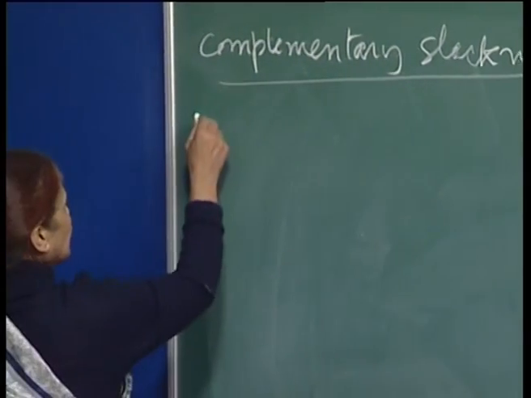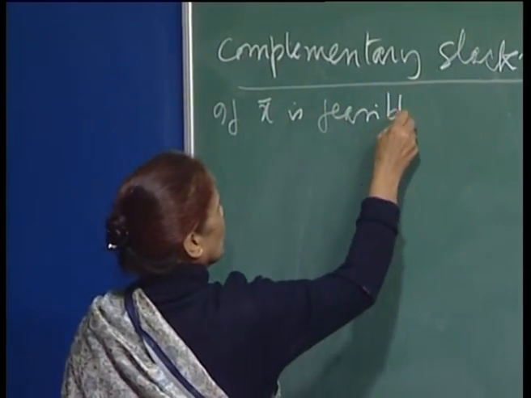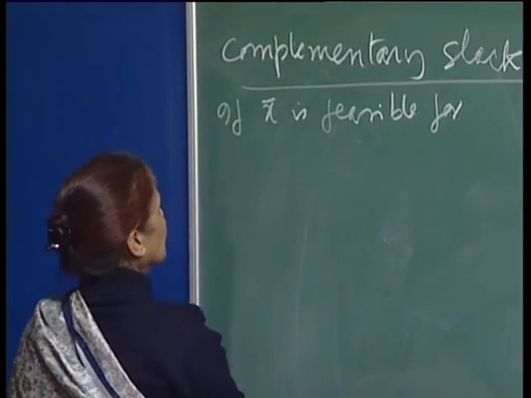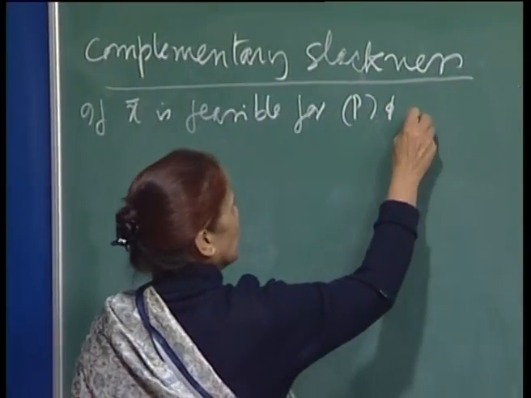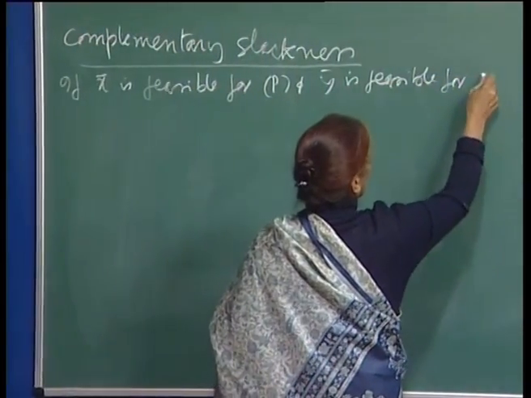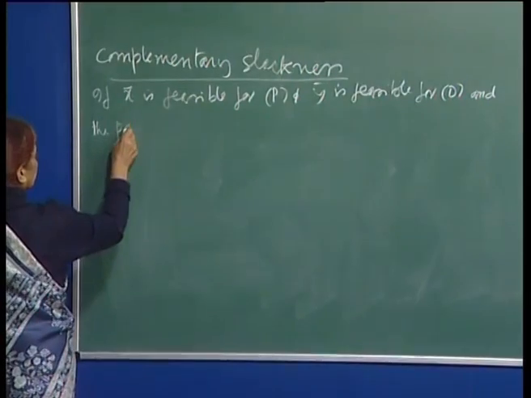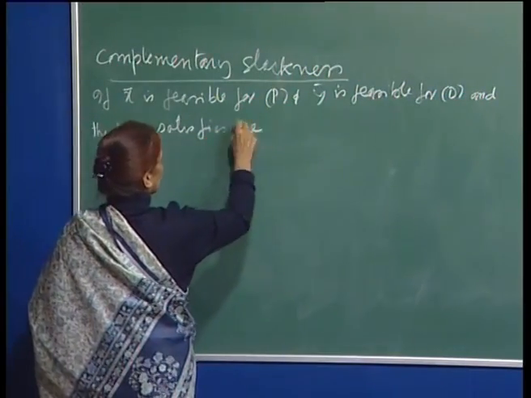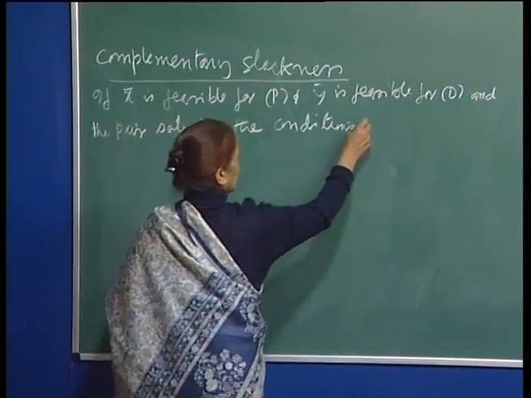We say that if x bar is feasible for P and y bar is feasible for D, and the pair satisfies the conditions